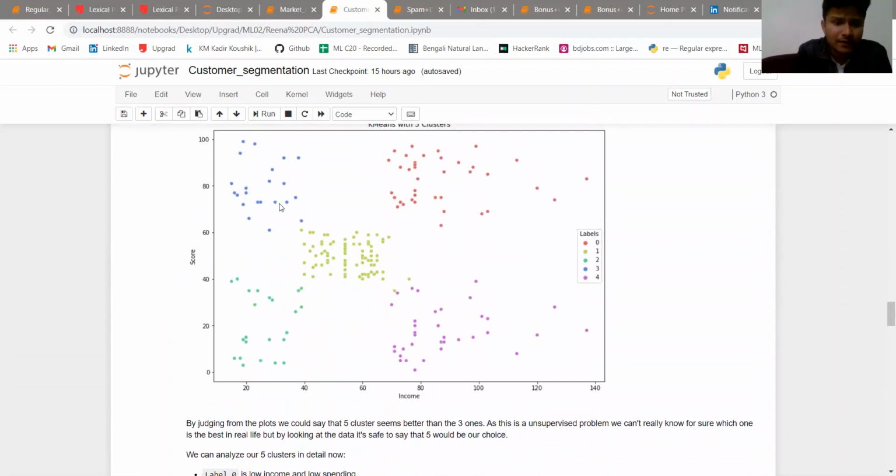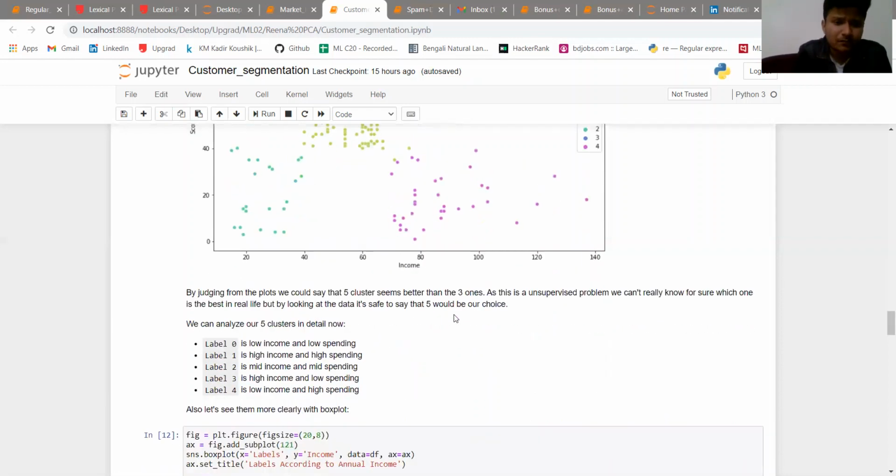Okay, now we have successfully segregated the customers based upon their spending behaviors properly. Why am I saying that? Because now we have these yellow points, which are the customers with mid spending behavior with income in the mid range, and we have customers with low income and low spending, and high spending with low income. Also, we have customers with high income with high spending, and high income with low spending.